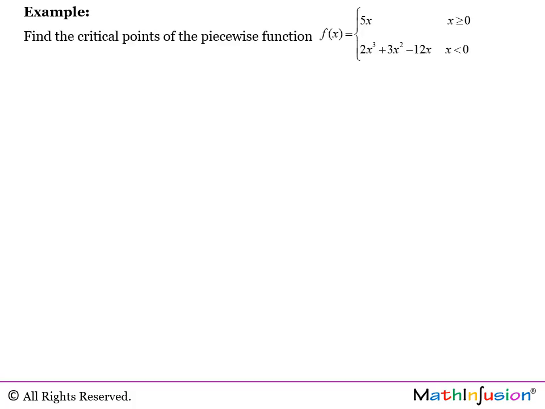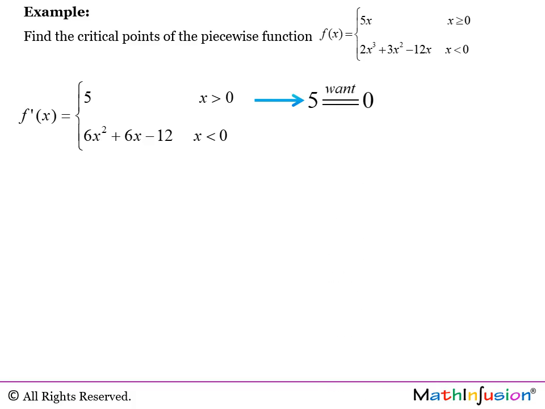So let's do another piecewise function. First we differentiate this function, and we never include in the domain of the differentiated piecewise function the suspicious points, because you know that in these points there is a drastic change in the function, and the function is not necessarily differentiable there. So here it's 5, and I want this to be 0, but it will never be 0, because it's 5. And here,